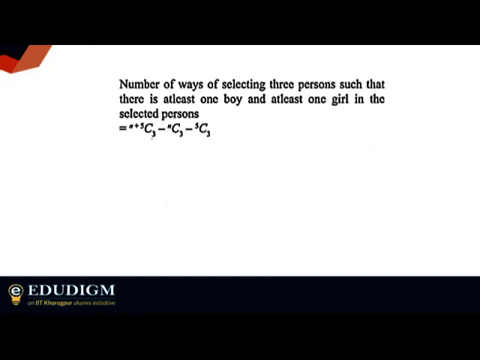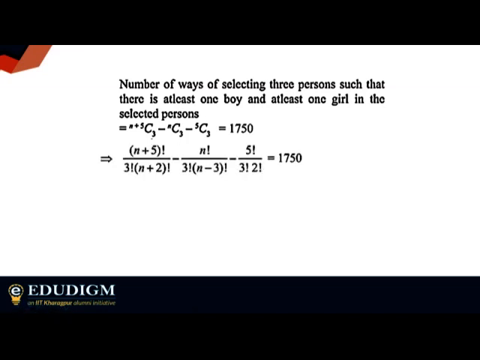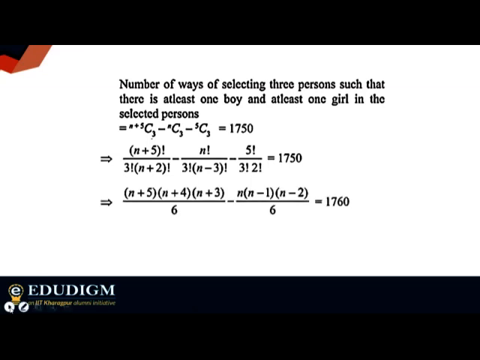So this is very, very important. What we have taken here is number of ways of selecting people, at least one boy and at least one girl. So we have taken the total number of cases and subtracted the cases where there are all boys or all girls. So this is what we have found out. All right. So I'm getting some more answers. Okay. So this is something you can do. You can make separate cases, or you can use a straightforward method and also the complementary events, whichever you take. So I think solving for n will be pretty simple from this portion.